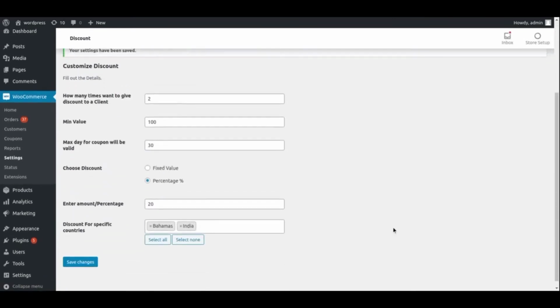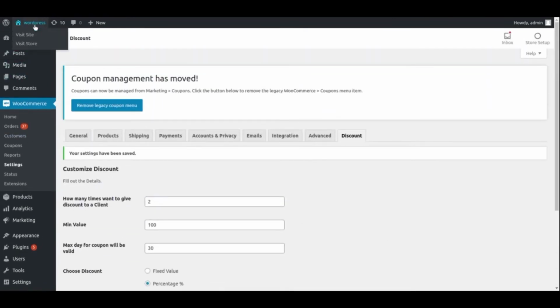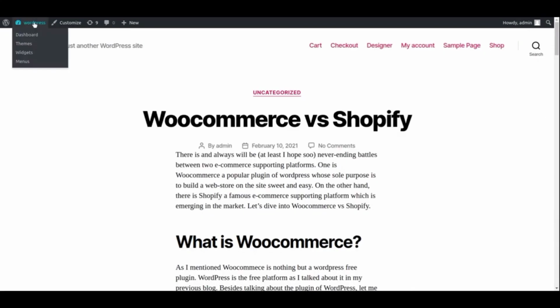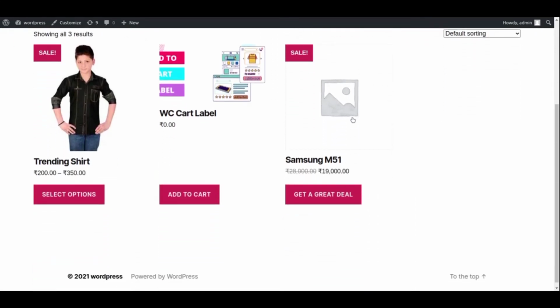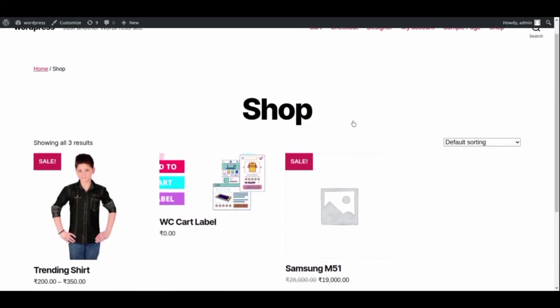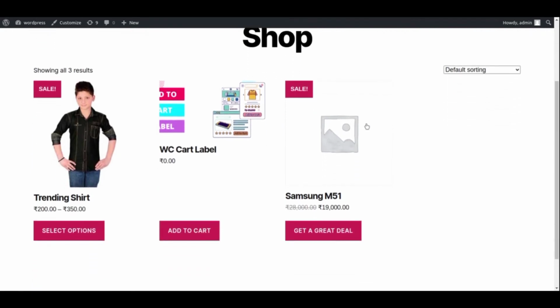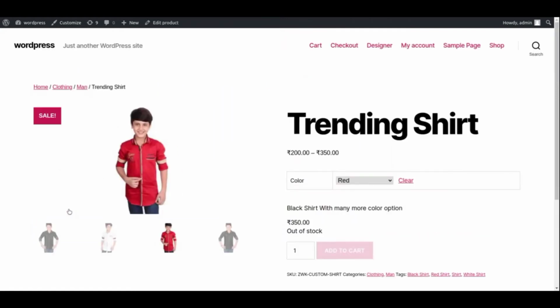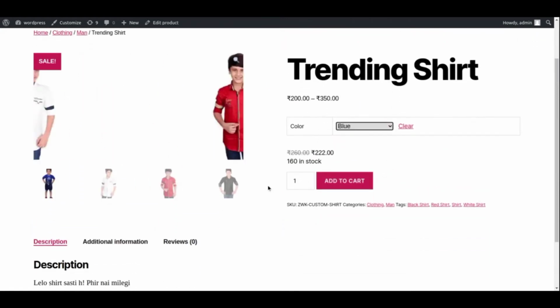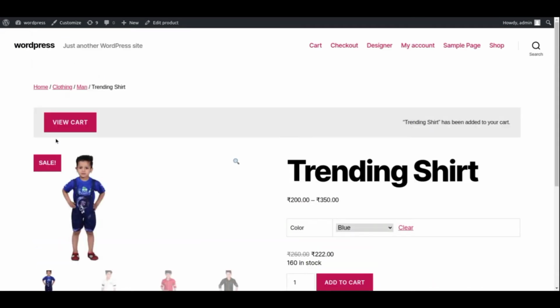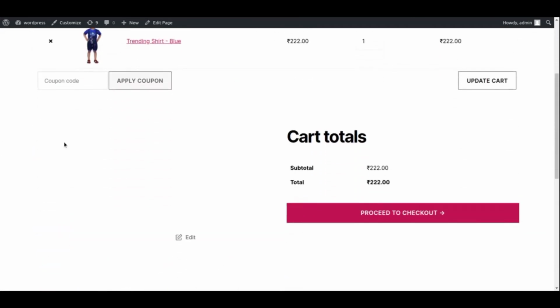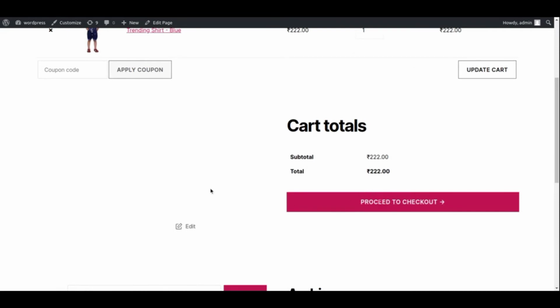Then let's go to the store. Here is my store, a bit rough. It is a local environment, so no complaints. Then I choose a product, blue, it's in stock, good, add to cart, view cart, proceed, and place order.